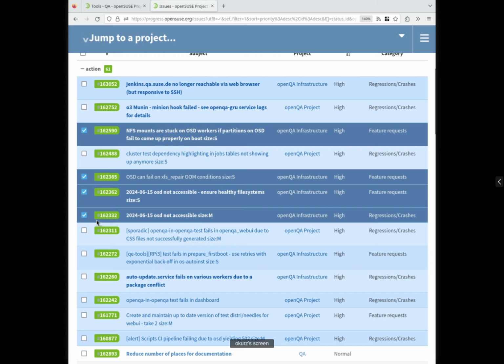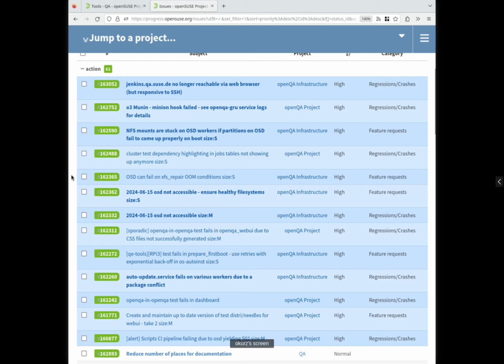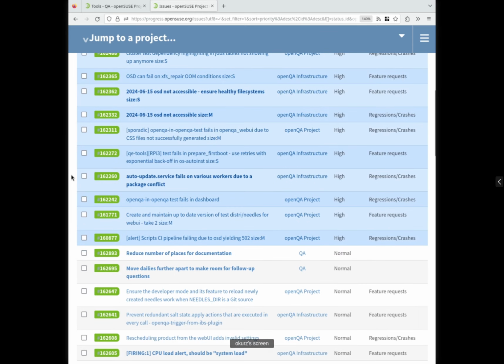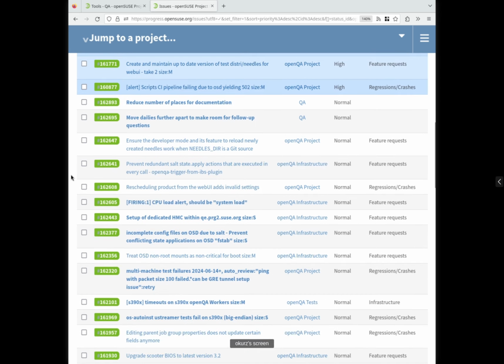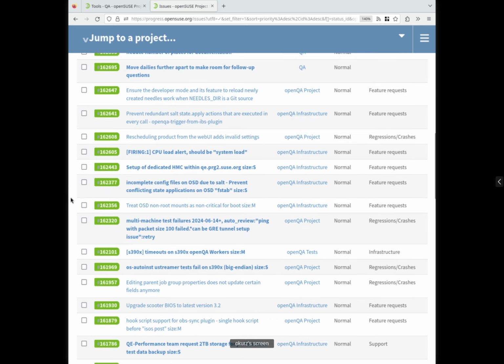I guess there are some more tickets related to that, which are not showing up as high, but maybe further below. So what else? Let me take a look. What's interesting to note? We had a problem on